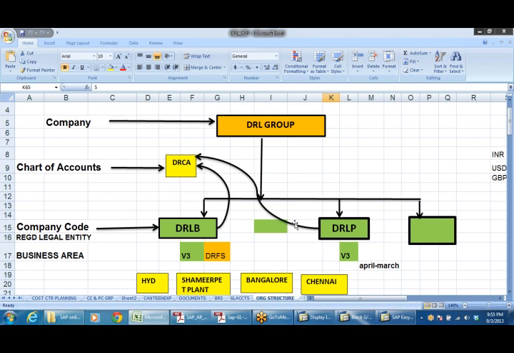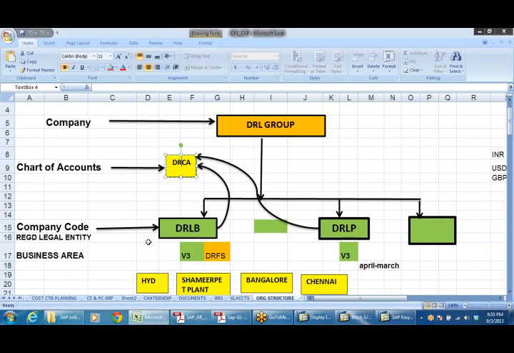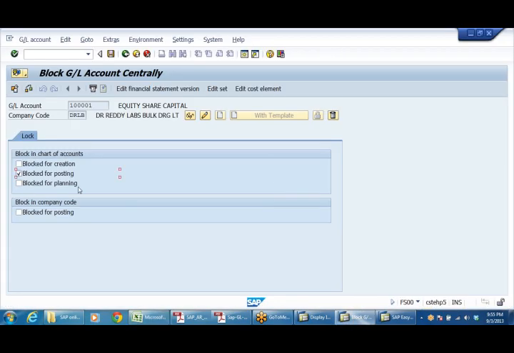If I have more than one company code, and if I want to block a particular GL account in all company codes, I'll be blocking at higher level, at chart of accounts level. That is, here if you block, then no company code can use that particular GL account. Rather, if you want only this company code, you can block here, block it for posting, block it for creation, block it for planning. So for all those things we can block it.